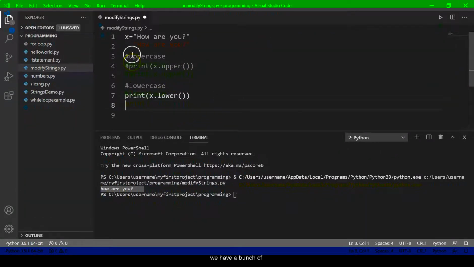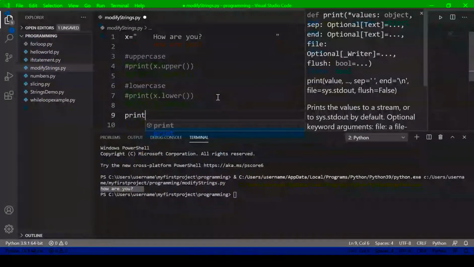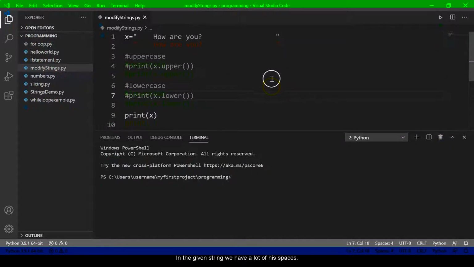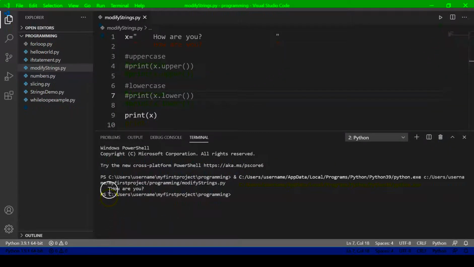Now let's say we have a bunch of white spaces. You have some string like this, and if I use a simple print function and print x, you notice in the given string we have a lot of spaces, and in the output also we are getting these spaces.